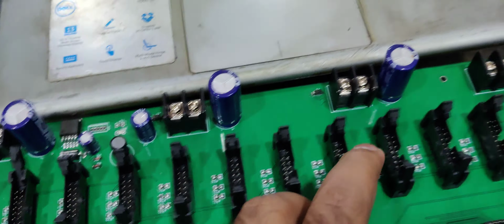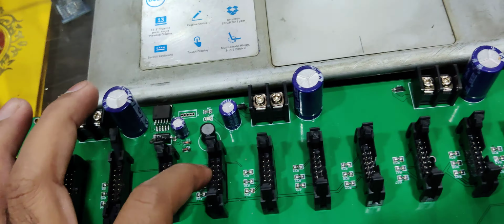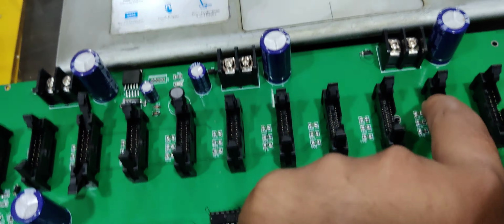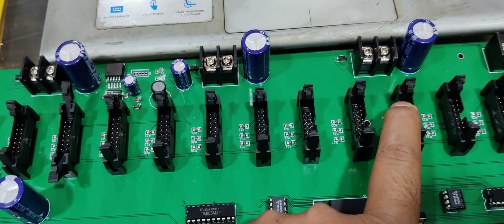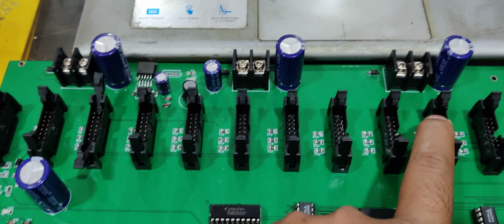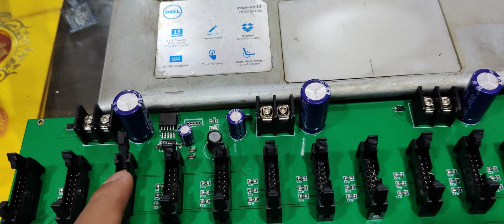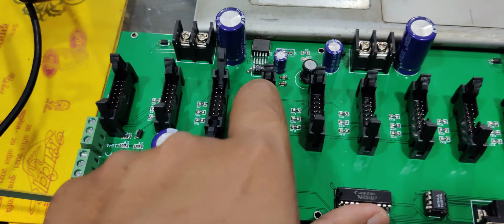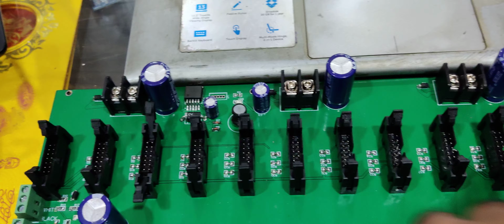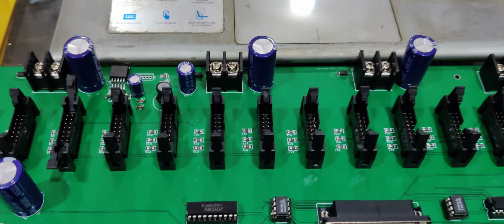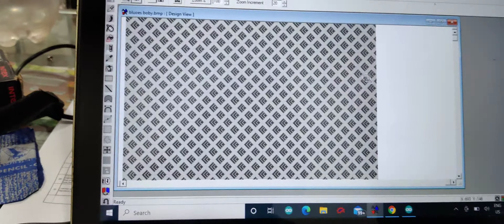fourth, fifth, sixth, seventh, eighth, ninth, 10th, 11th, like this, 1 2 3 4 5 6 7 8 9 10. For 960, if you are using till this much, so now we will make the design 96 hooks extra, and you will use till here. So the third connector will be connected here, and the fourth connector here, the fifth here, like this we will use, and we will use one extra port. You can see in the design, this design is right now 960 hooks.